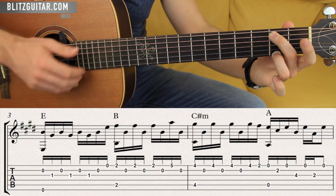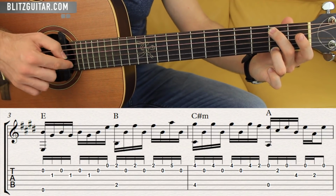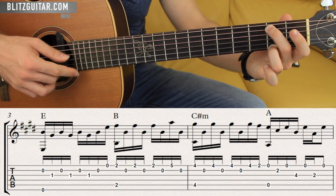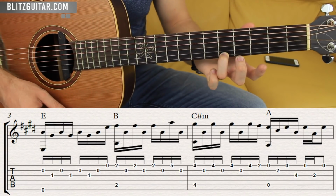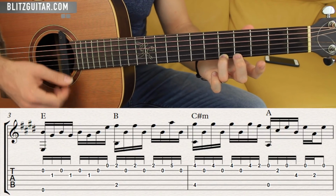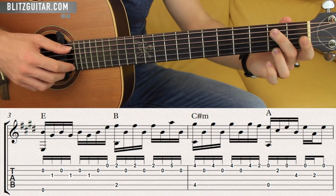The plucking pattern is the same. I'm plucking the 5th and the 1st string simultaneously. And then the 2nd, 2, 3, 4, and okay. So on the 4th count, again, I have a different note, which will be played on the 1st string fret number 5 with the same finger. So I'm just sliding,